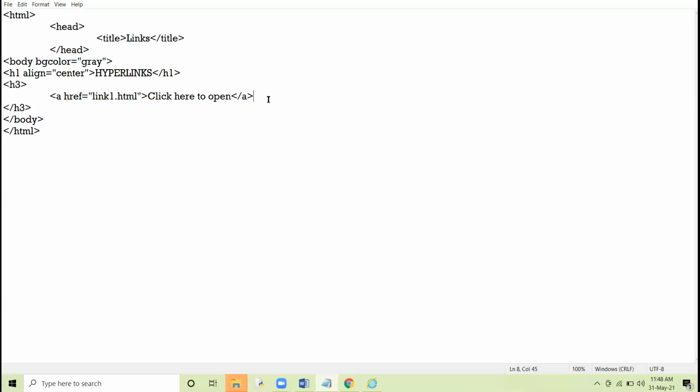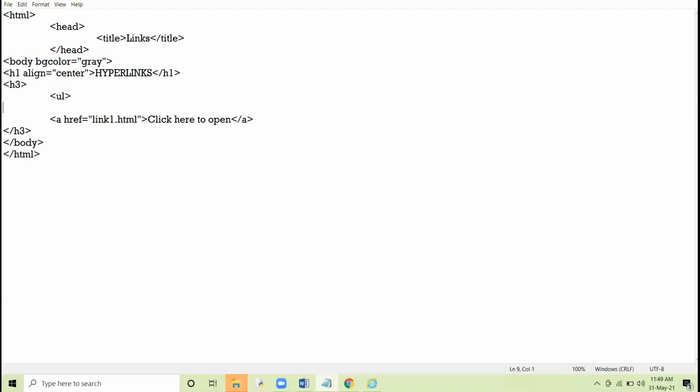Now, how to associate or connect your hyperlink with list? See here. I have UL list, first list item. See here. लिस्ट और लिंक को अब हम कंबाइन करेंगे.